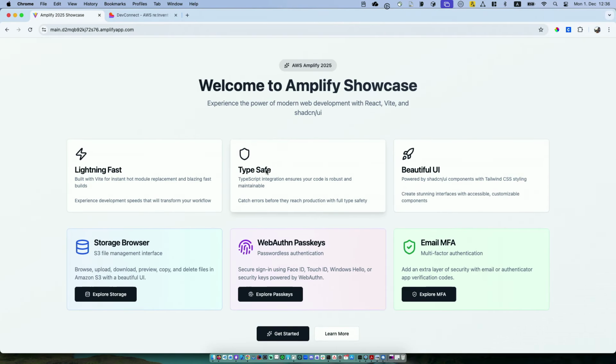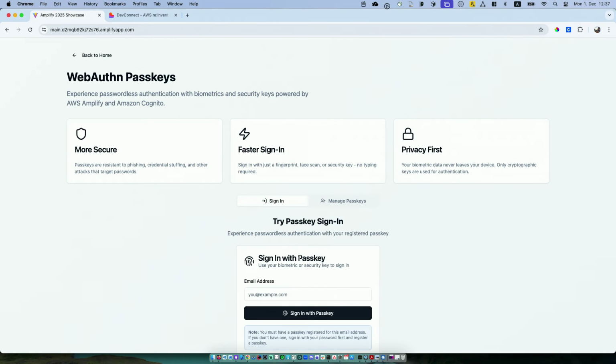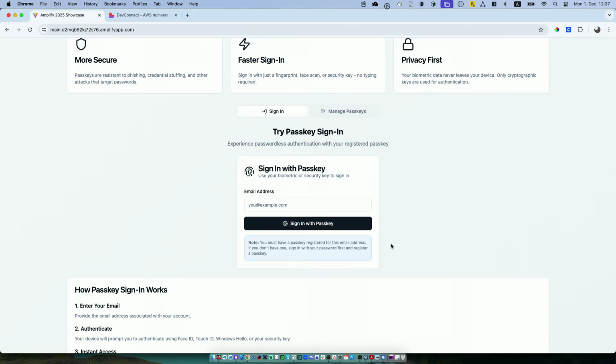So we have this application. We have the web storage, email MFA, and web authentication to showcase everything to you. So first of all, let me show the authentication workflow. With the authentication workflow in place, I will showcase the passkey. Passkey is the new way of authenticating through your biometrics. If your platform supports it through camera, you can do facial recognition, fingerprint recognition, whatever you find useful, you can do it that way. How we do it is through two things.